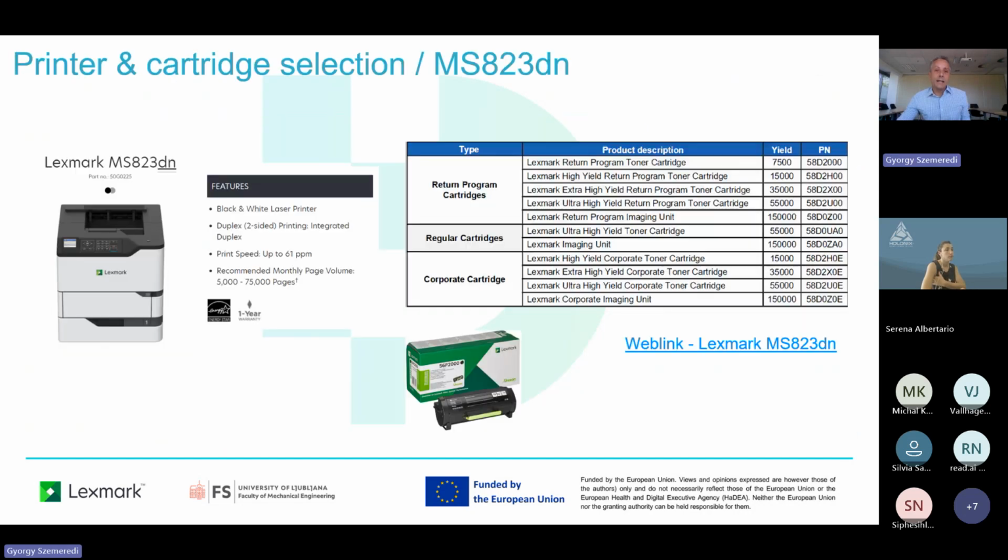The product we selected for the DiCiM project is one of the high-end devices, the MS8 series. This device includes high-tech technology, meaning the technology that prints the pages, which is the most important outcome for the users and clients.